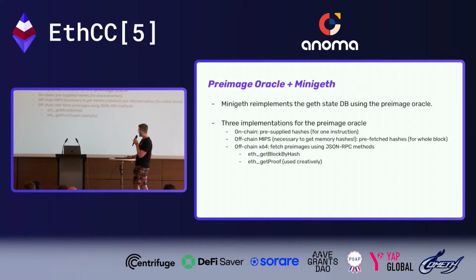It's implemented on-chain. On-chain is very simple. You just pre-supply all the hashes and the preimages in advance. And because you only ever run one instruction on-chain, you only need to supply a few preimages. To get these preimages,